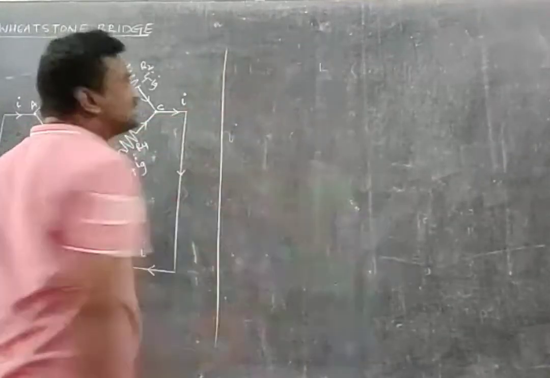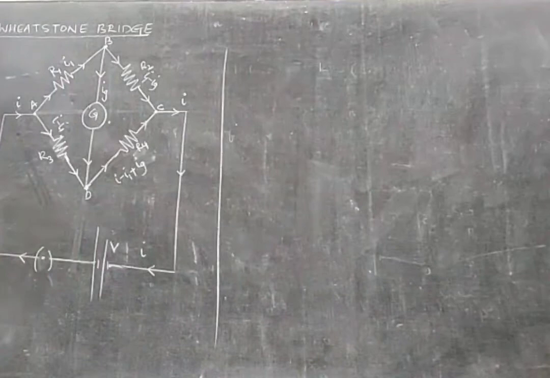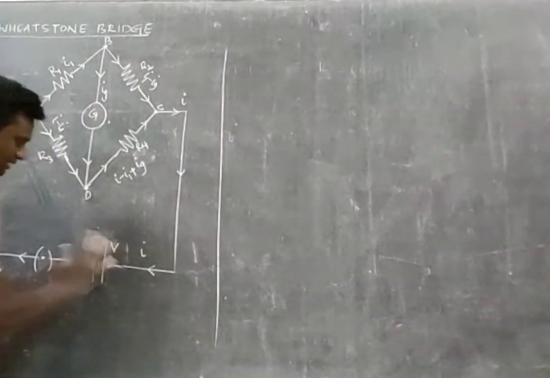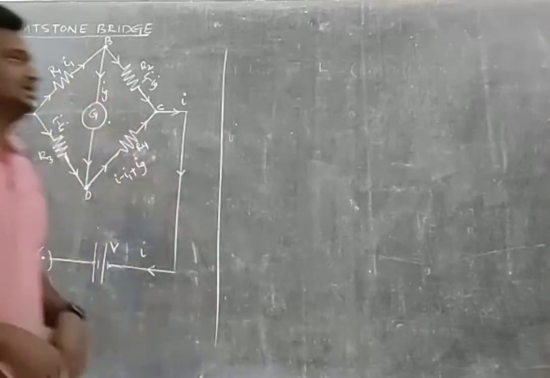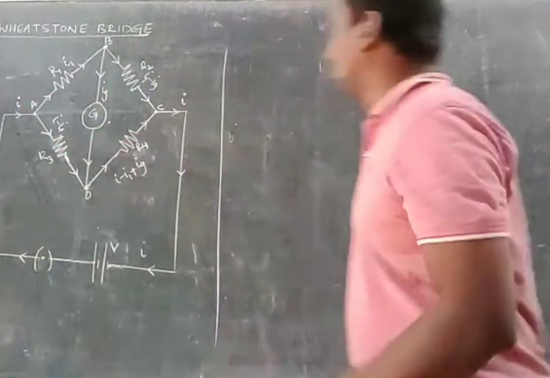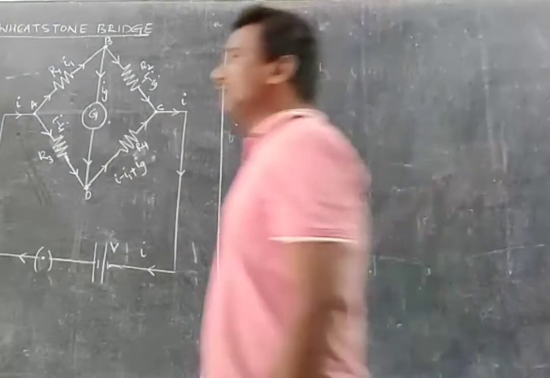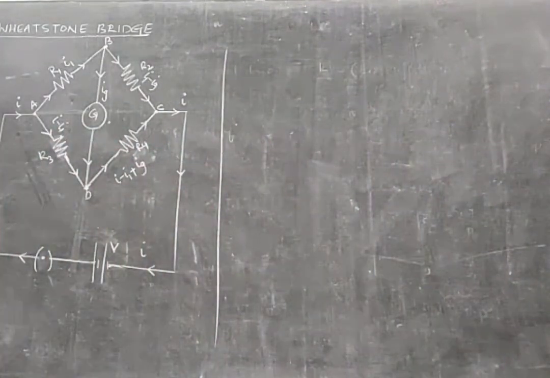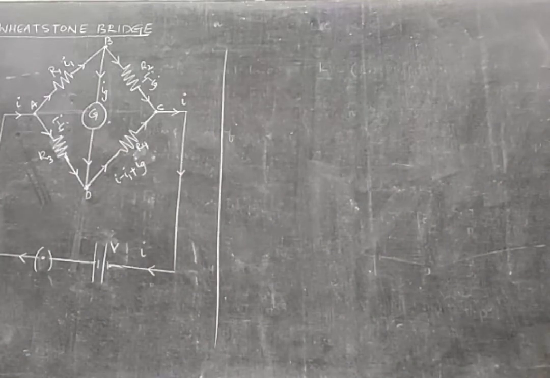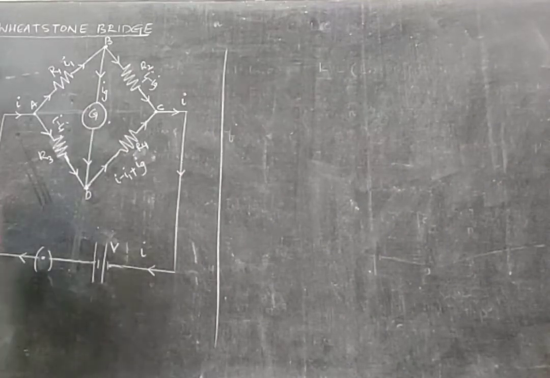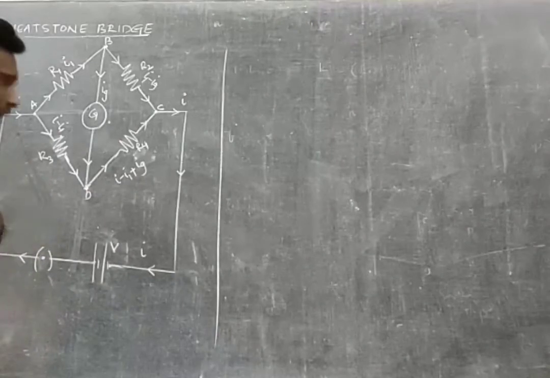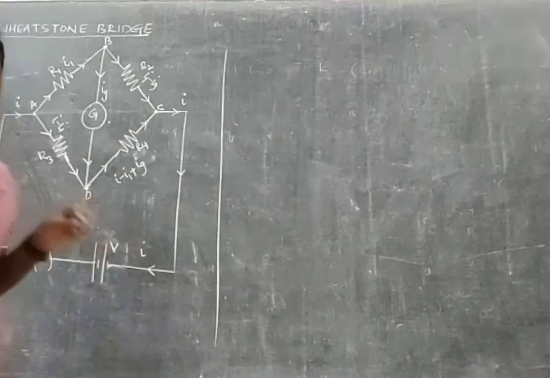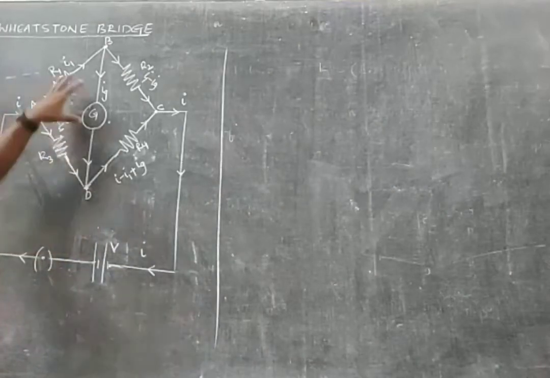Chalo. Now let us apply KVL and find out the equivalent resistance of the resistor. Right? Now, while applying KVL, we have to consider the sign convention rule. So, before applying KVL, we have to choose the loop, isn't it? KVL is applied to a loop, isn't it?